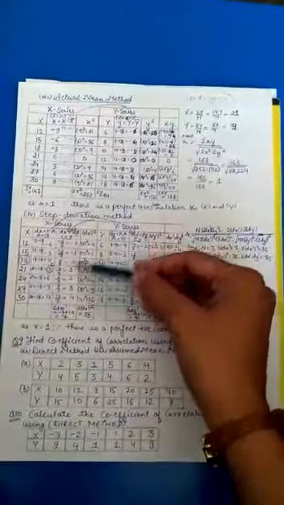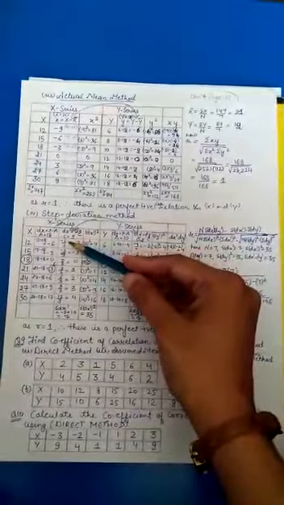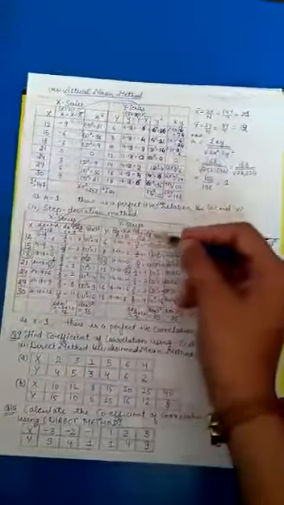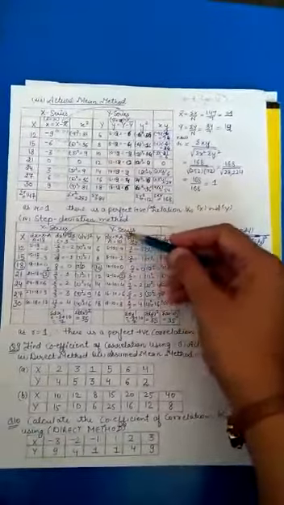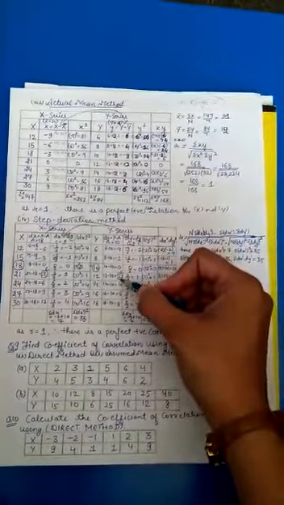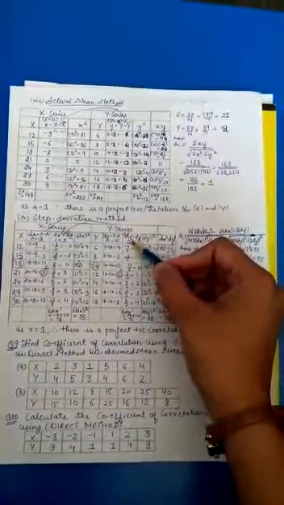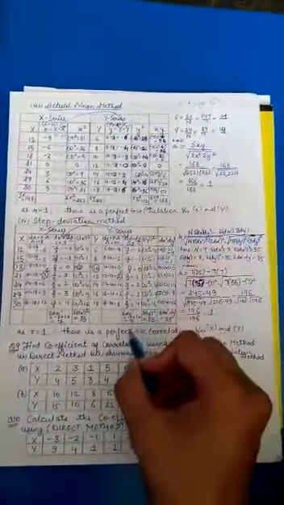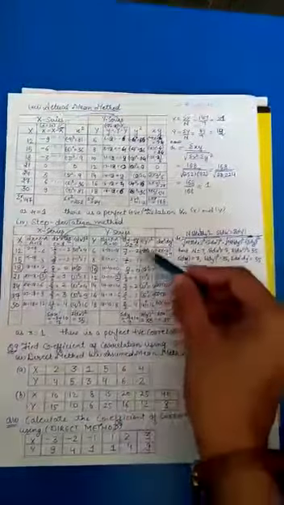Here you have done the square of the values obtained in this column, and this is your y. Here you have chosen a as 10, so you have deviated your y with the value of a in this column, and after the deviations you have chosen the value 2 as your c, so you have to calculate now dy dash, that is your dy upon c. So your c is 2 here, so you have to divide all these values, like minus 4 divided by 2 you will get minus 2, and after getting all the values then you have to do this total also, that is your negative values are minus 3, positive values are 10, and finally you will get 7.